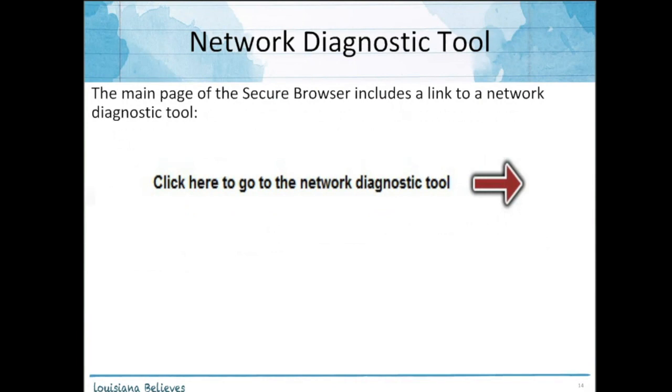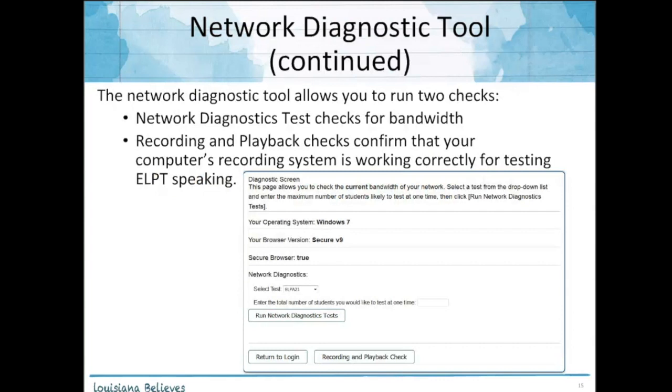There is also a network diagnostic tool. This allows individuals to test to make sure their computers are working properly before testing. I would suggest running this before each test. It just gives you an idea, to make sure your computer is technologically sound and ready for testing. It also will check the recording and playback. So if you're giving that speaking, it will tell you your microphone's working well, your computer is ready for that